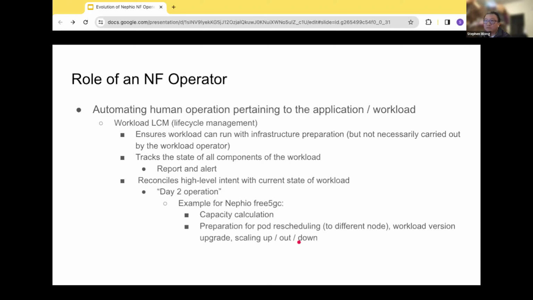So that would be one way for us to scale out, but then we still see that as a single UPF instance, for example. So that's an example of what we can do in terms of trying to see how we use operators to do day 2 operations on a scale out on free5GC. In that case, if you create another UPF behind an I-UPF, then that UPF locally should not go back to.